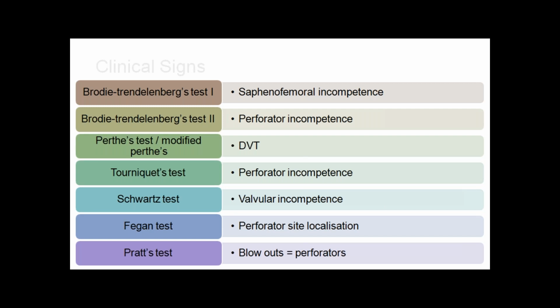Yes, ma'am. The patient will be in standing position, then only there will be filling of the column of blood. Then we will tap over the lowermost dilated part of the vein. Then at the saphenofemoral junction, we will hear the tapping sound. Ma'am, if there's a valvular incompetence, the whole blood will come down, right? The column of the blood.